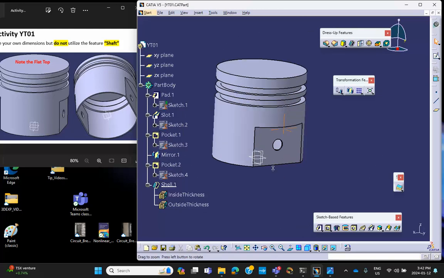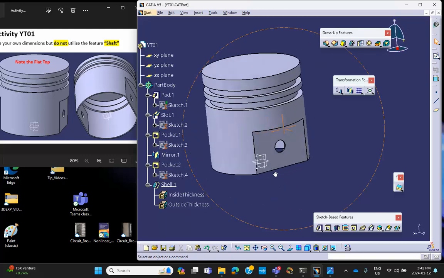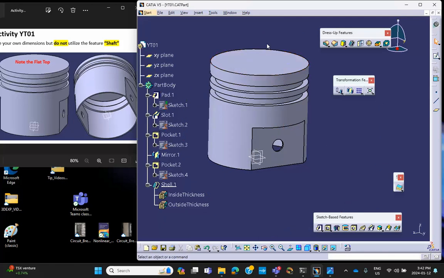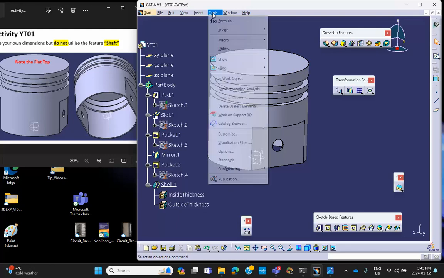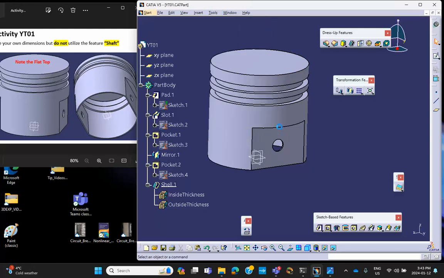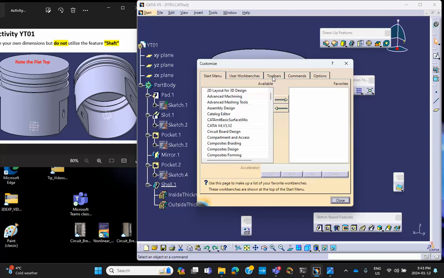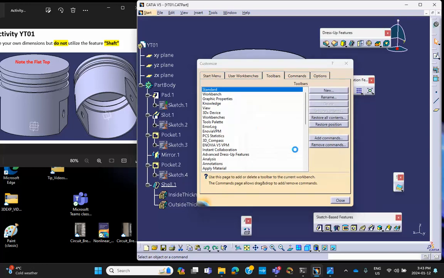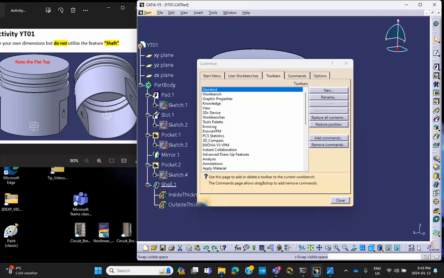Oh, let me see now. One thing I want to show you here is how do we cut this thing? There is this icon here, which is, unfortunately, I don't see them all there. So let me reset. Let me reset all my toolbars. So I go to tools, customize. I'm pretty much done except that this last thing that I want to show you. Toolbars, restore all contents, restore all positions. So the thing that I want is actually,